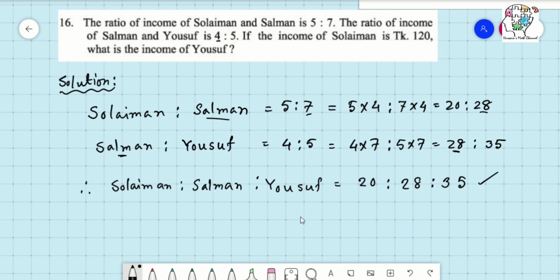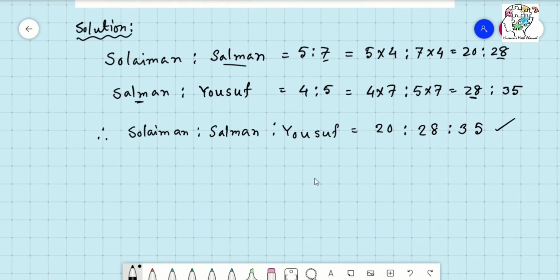Now we will continue as in the previous math, that means number 9. So here we will find